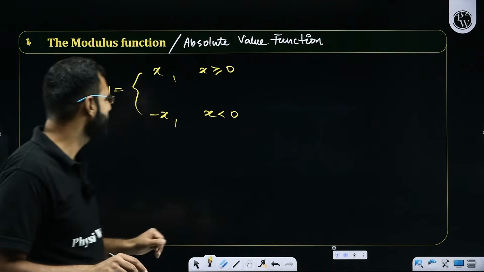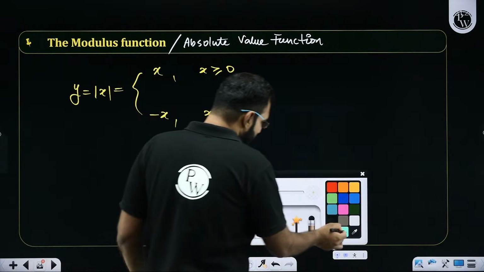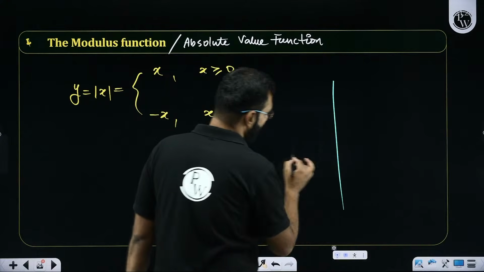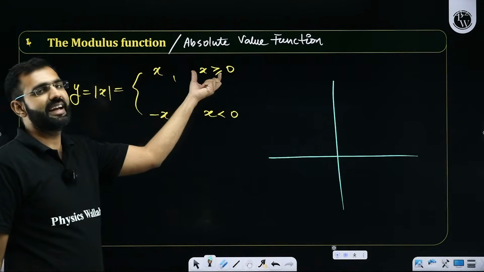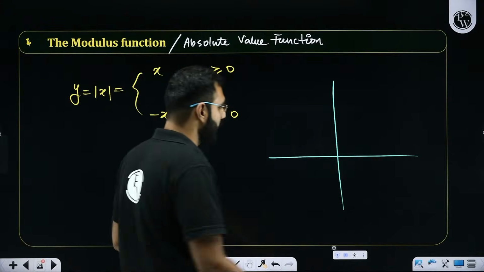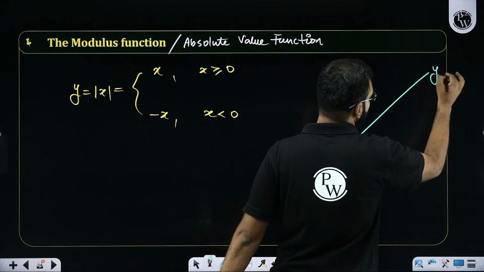Shall I get back to this? So if I try to draw this graph, can somebody help me with this graph? Anyone? Of course, in the comments you won't be able to draw it, but still you can give me some hints. Sir, as long as x is positive or non-negative, as long as x is greater than or equal to 0, you are saying y is equal to x.